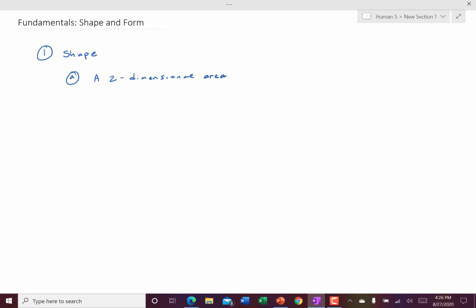In its most basic sense, it's defined by width and height. And the boundaries of that shape are often defined by lines,